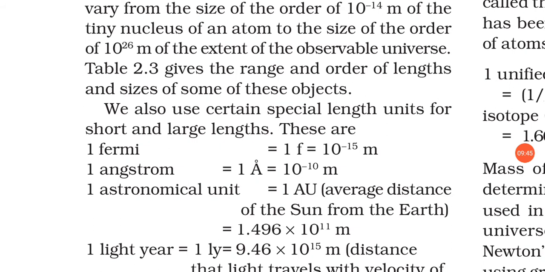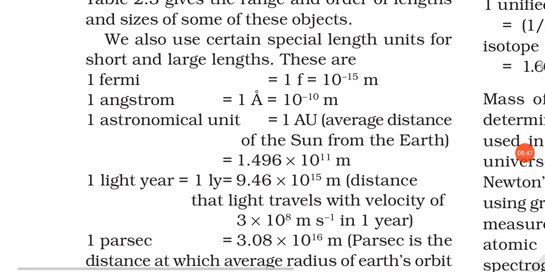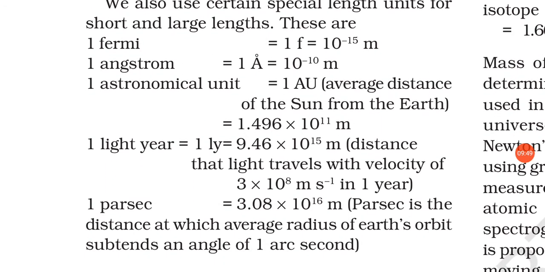Now we have the light year. Galaxies and stars are many light years away from us. The light year is represented by ly. The value of 1 light year is equal to 9.46 into 10 raised to 15 meters. It is the distance that